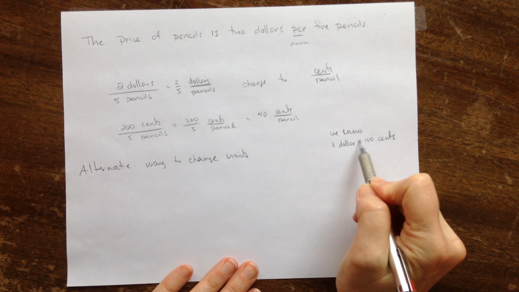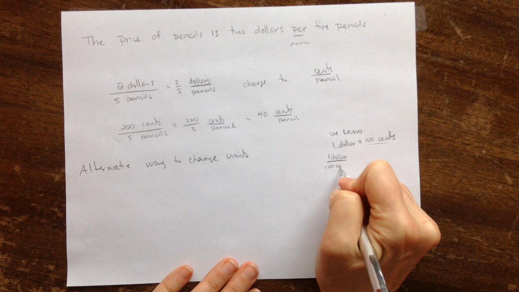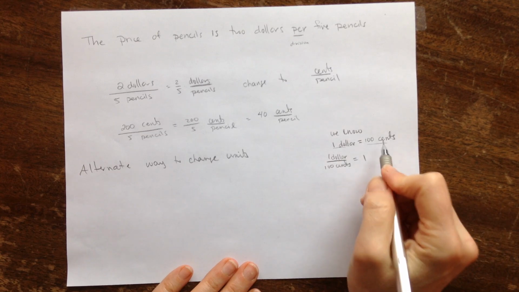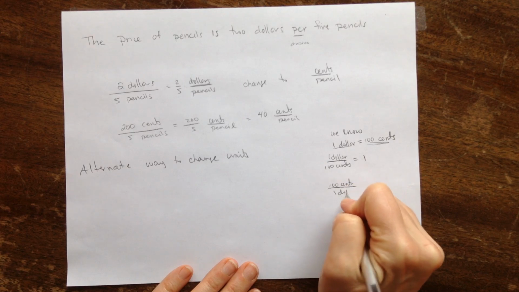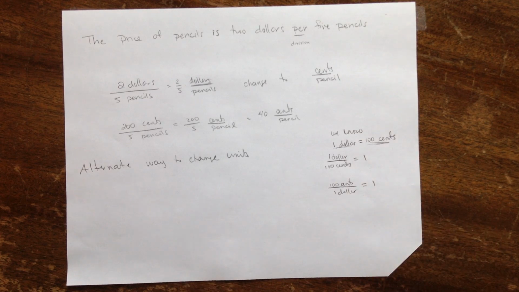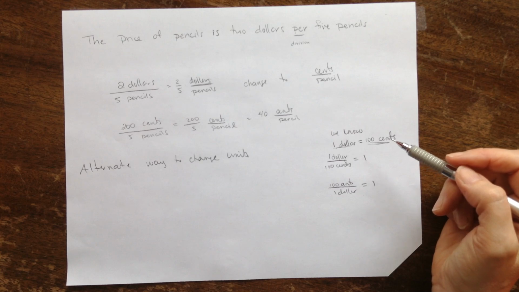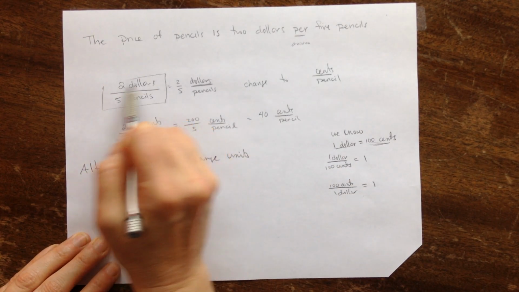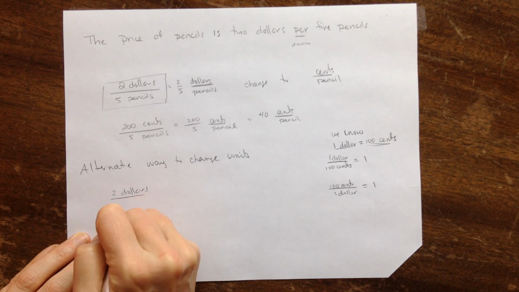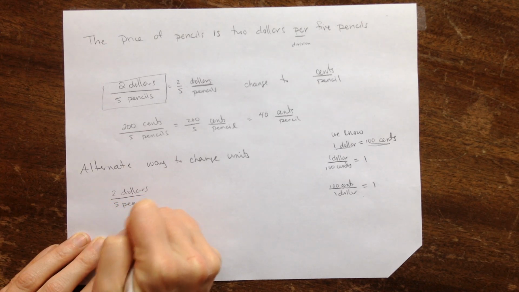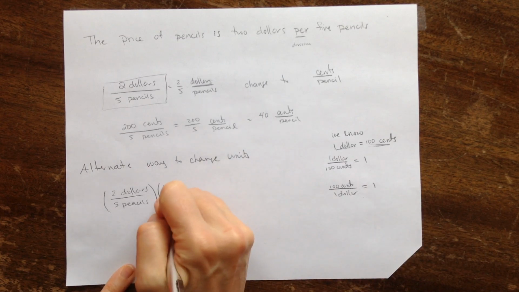Which means that if these two things are equal, if you put this in the top and this in the bottom of a fraction, that's equal to a 1. And if you put this in the top and this in the bottom, that's equal to a 1 also. So I can use this along with the idea of fraction multiplication to change units. So if I take this fraction that's in dollars per pencil, $2 per 5 pencils, and I multiply it by a fraction that has dollars in the bottom and cents in the top,